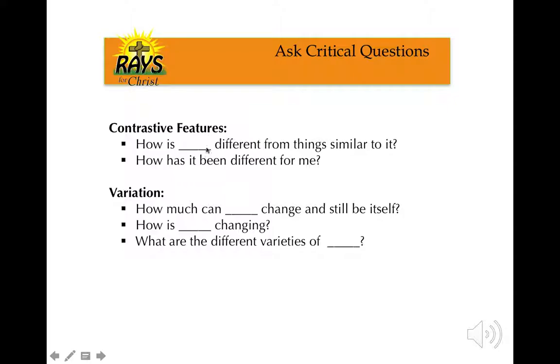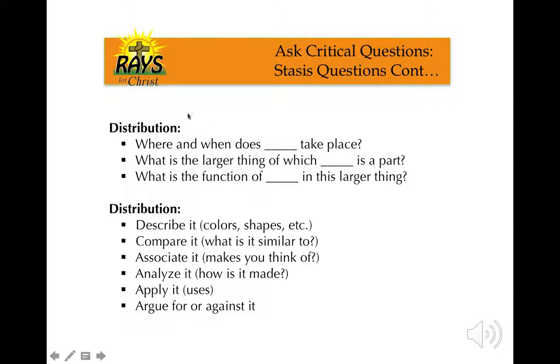Contrastive features would go back to comparison. Variation goes back to comparison and relation. So they've made it a little bit more scientific and complicated, if you ask me. I like sticking with the number 5. A lot of times